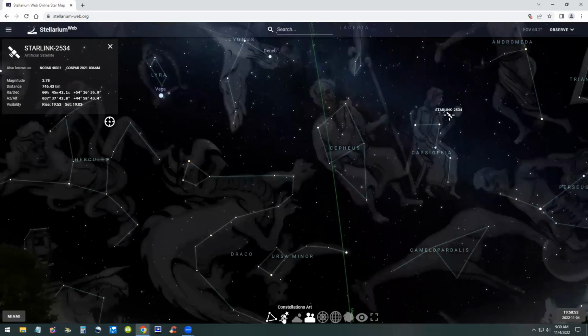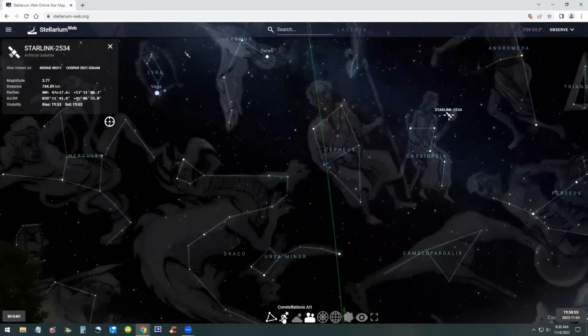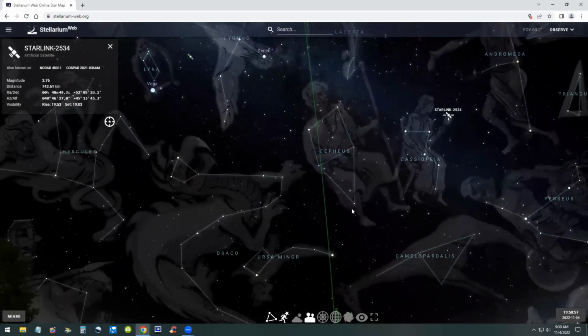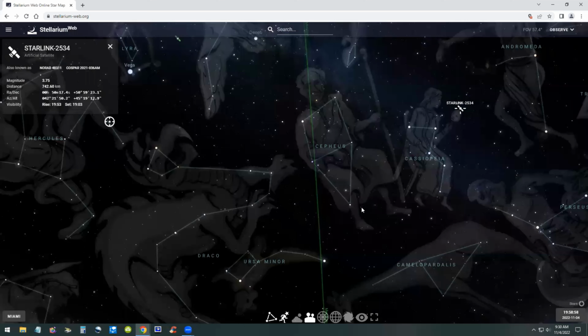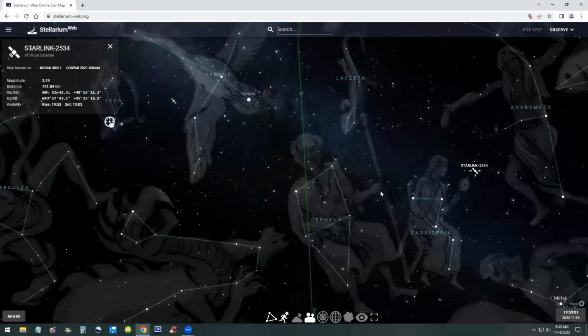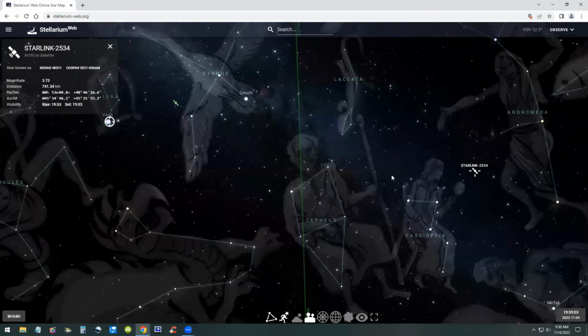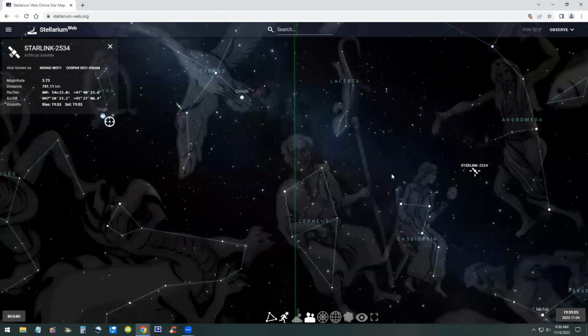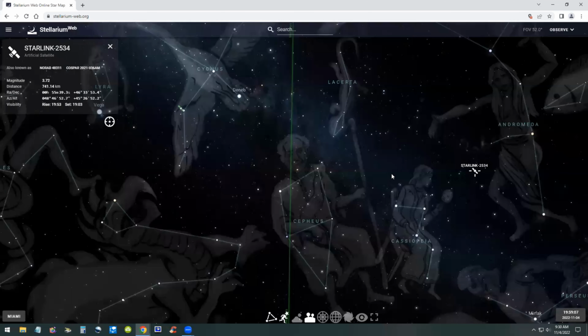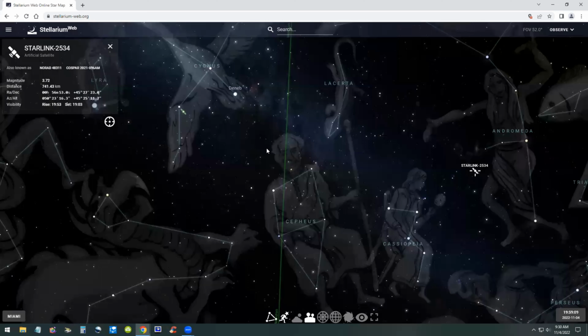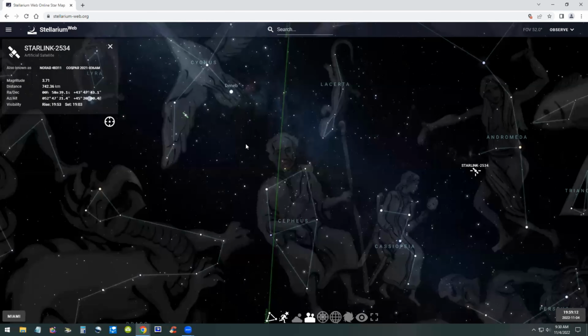Okay, so now I'm going to turn on the constellation art, the triangulation, so we can see where those satellites are in the sky. So we are over the goose, right? There is a star there called Deneb, which is the tail of the goose.